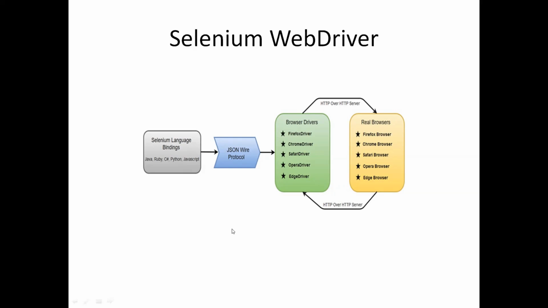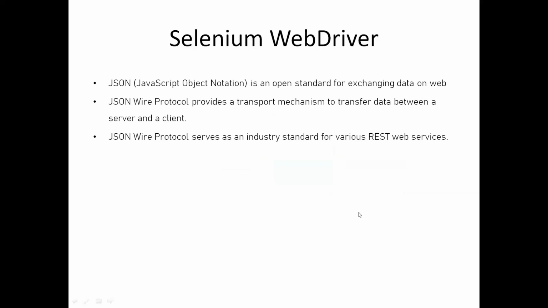The REST API takes all this body, all these payloads and everything, and communicates to the real browser and gets the response back. If the element is there, it will show you a 200 response, and if it is not there, it will throw you an error. Everything is communicated with the REST APIs. As I mentioned, JSON is nothing but a key value pair. If you look at REST APIs, the request payload and response payload use the JSON protocol.